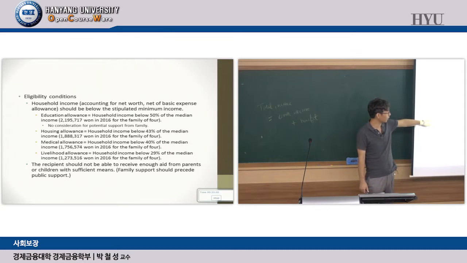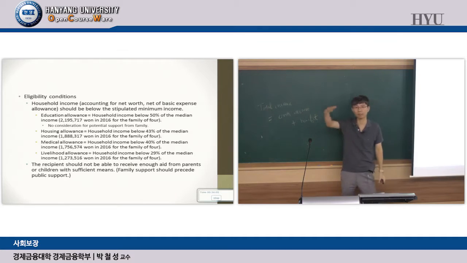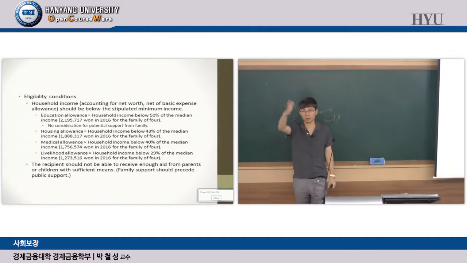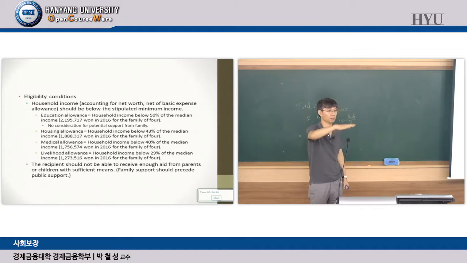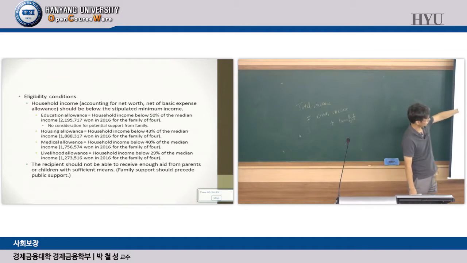And the second reason why there are more beneficiaries is, as I said, in the old program, if your income is above the minimum cost of living, you wouldn't get anything. But now, even if your income is between these, you still can get all these benefits. Okay? So the benefit is phased out gradually. In the old program, the benefit just stopped at once. Okay. Get it? Yeah, eligibility is reviewed periodically, obviously.